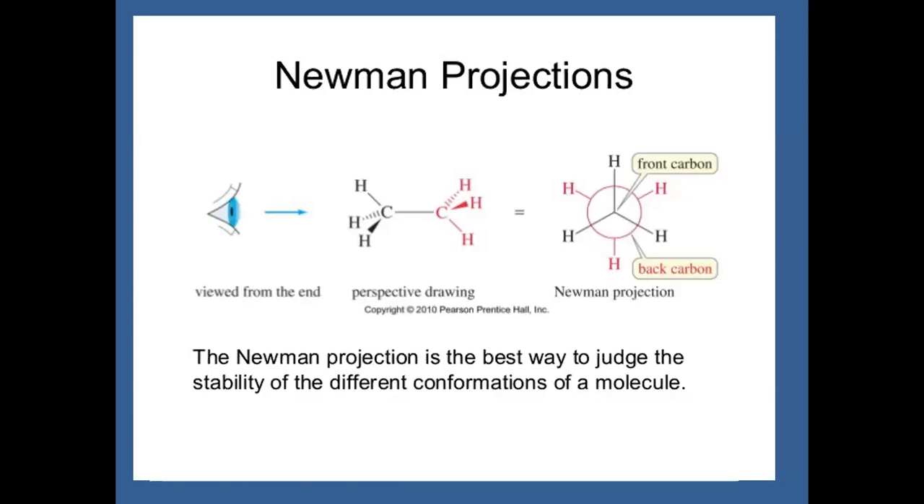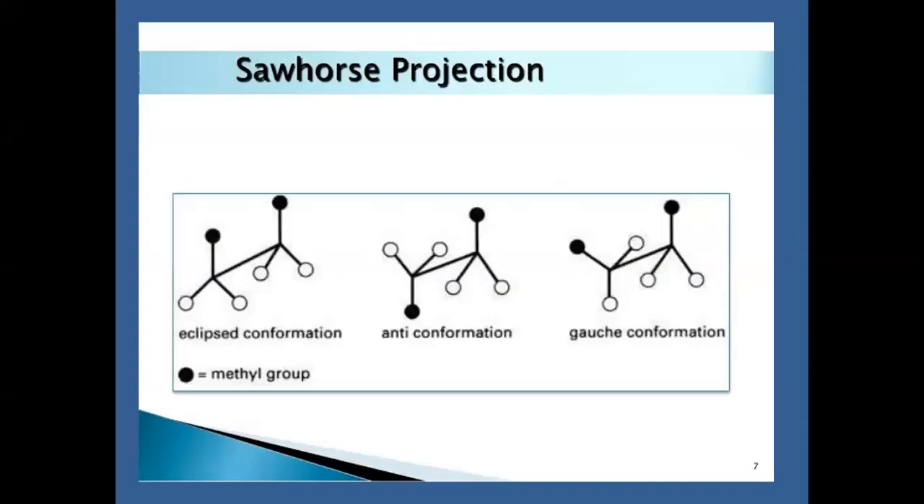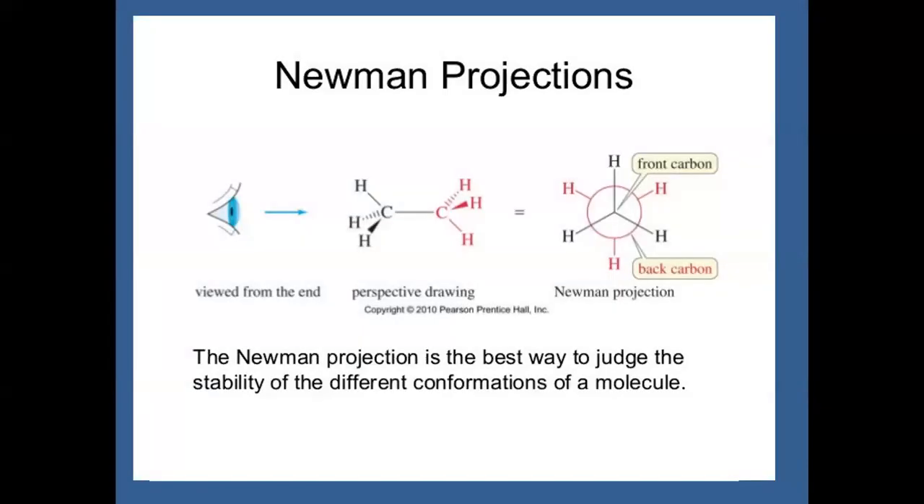To understand conformations, we should understand two projection formulas. The first one is the Newman projection formula and the second one is the Sawhorse projection formula. Both these formulas are very useful to understand conformations. So what are these formulas? These formulas are nothing but representations of